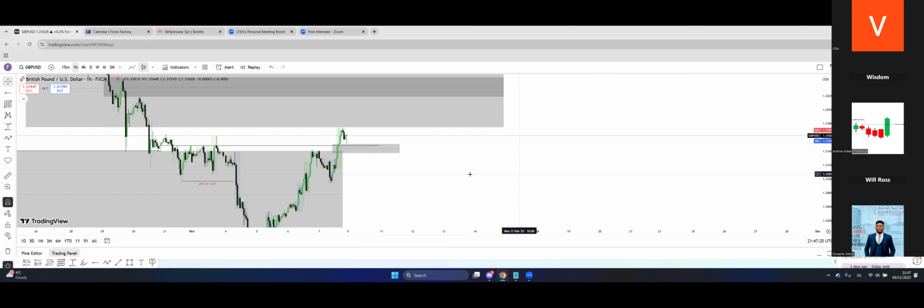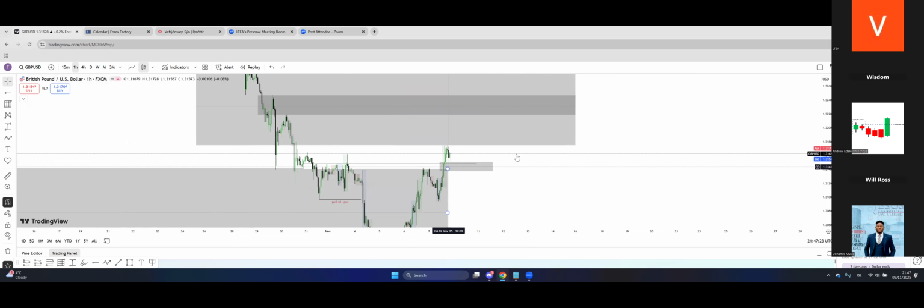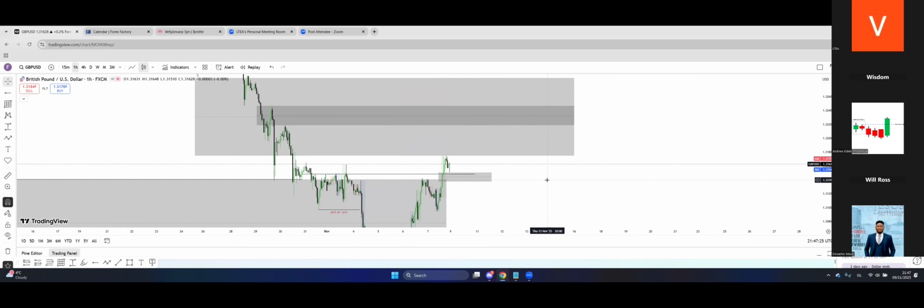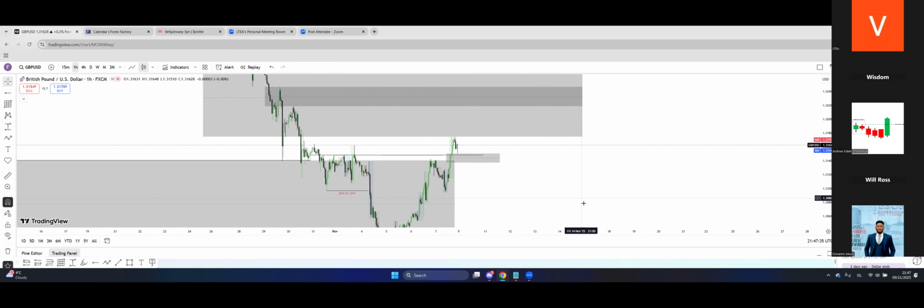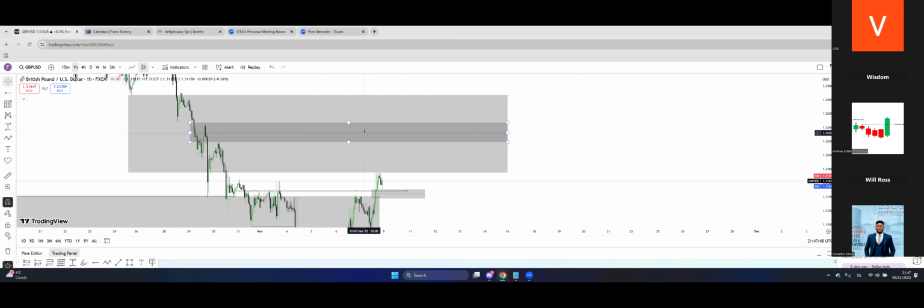Alrighty. So I'm saying, price needs to go higher. Whether we are going to gap up right now, we don't know, because we don't even know what happened during the weekend. If there has been crazy fundamentals, you know, with Trump and other countries, who knows? So we don't know what is going to happen when the market opens. It could just gap up straight into this area, and then we'll start to see if price wants to continue going higher or come down. We don't know, but we will see.